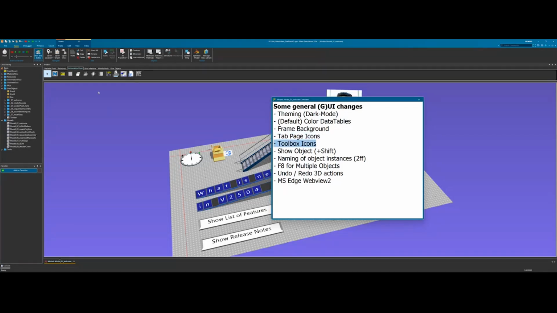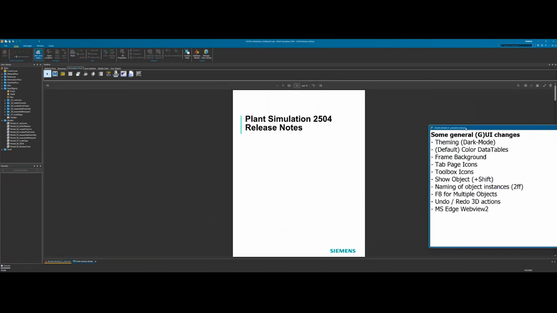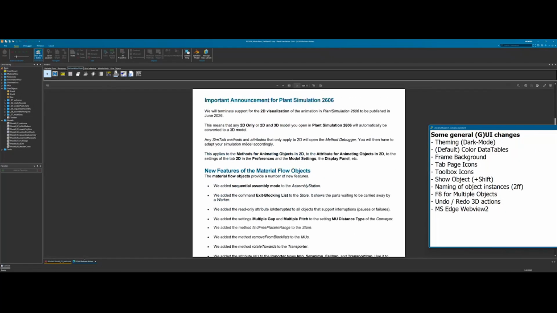There were some changes regarding the toolbox icons. I think this is partly due to the dark mode and also in preparation for the next major release of 2026, where, in case you have not heard this yet and have also not read the release notes of this version yet, the important announcement for the version of next year is that the 2D visualization will be terminated.